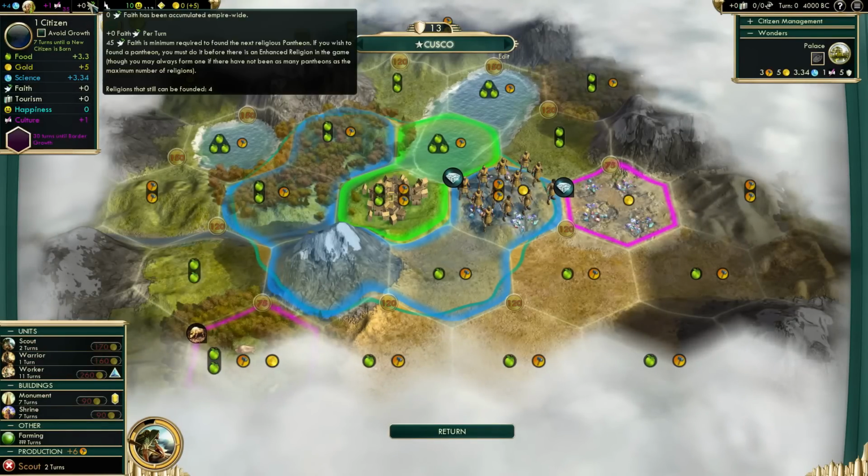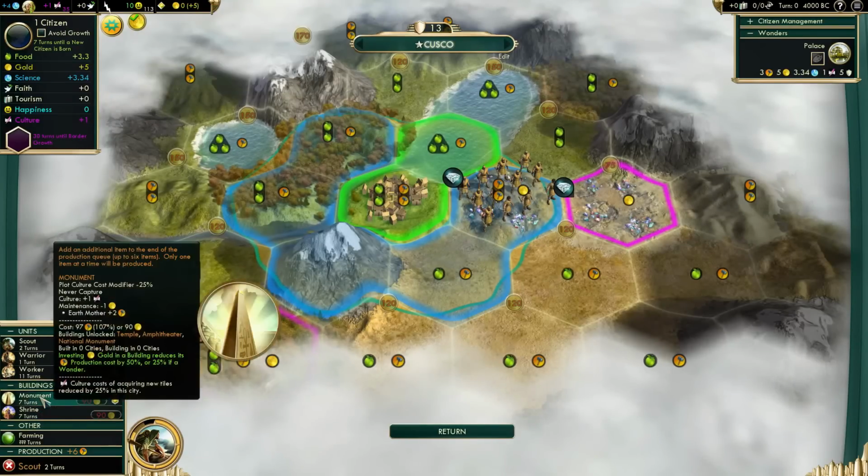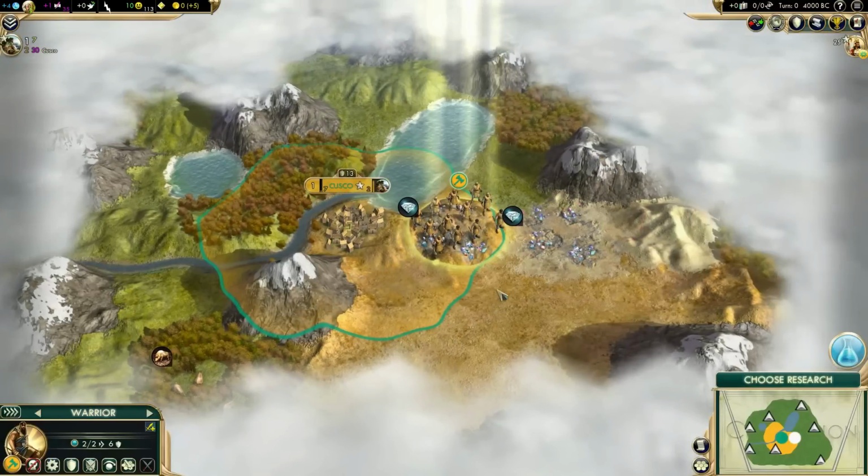Another thing that's interesting is you are not competing for Pantheons as much. Everyone just needs 45 faith to get a Pantheon. And we're almost certainly going to go...